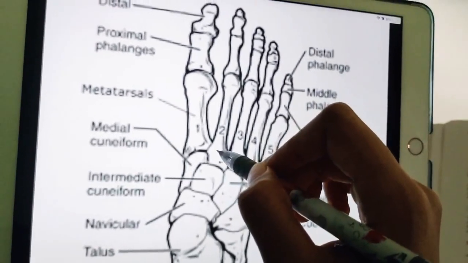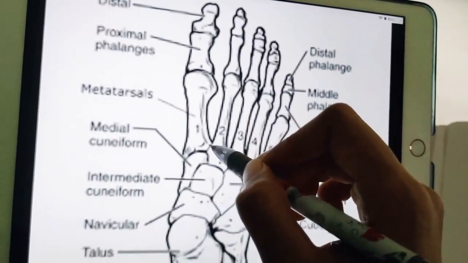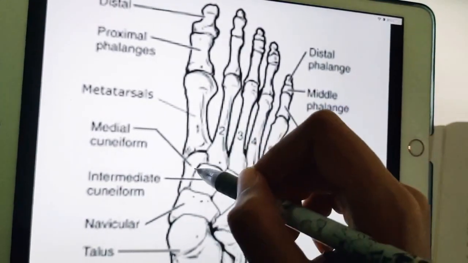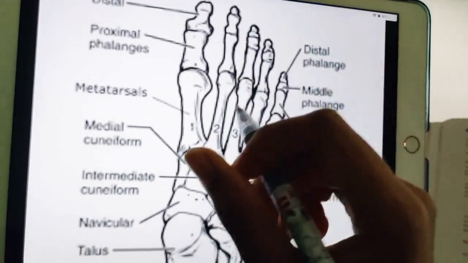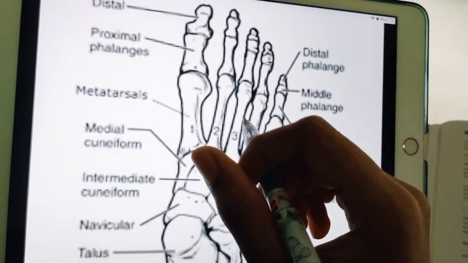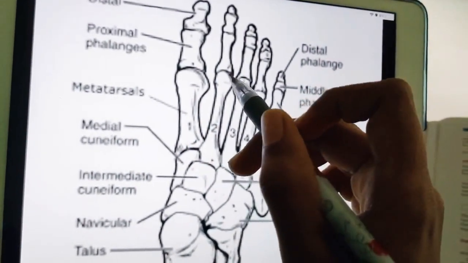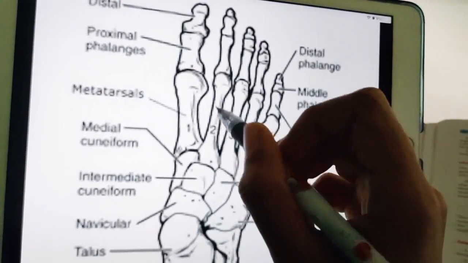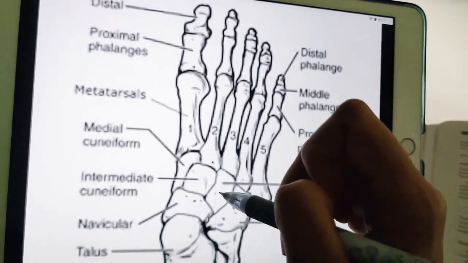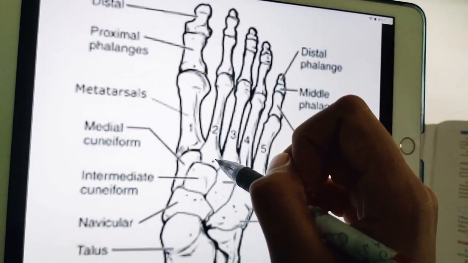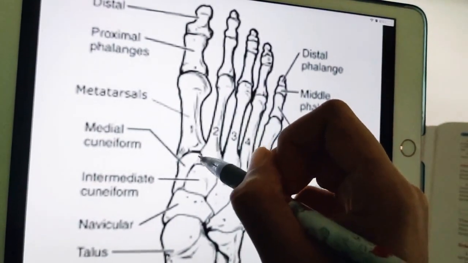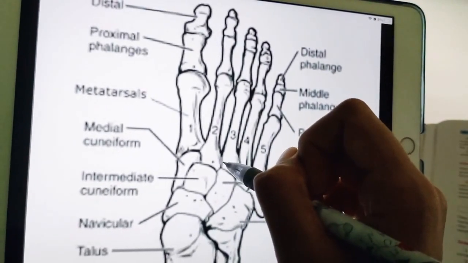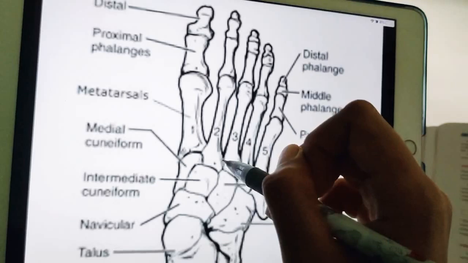Coming to the second metatarsal, for this also it's very simple. On its medial side, it will have two articular facets to articulate with the first metatarsal. So like that, you can easily determine the side of the second metatarsal. And coming to how to differentiate the second metatarsal from the third metatarsal, the second metatarsal is longest when compared with the third. And one more thing is that it will have two articular surfaces on the medial side, whereas on the lateral side it will have only one articular surface. So like that also you can easily find out.